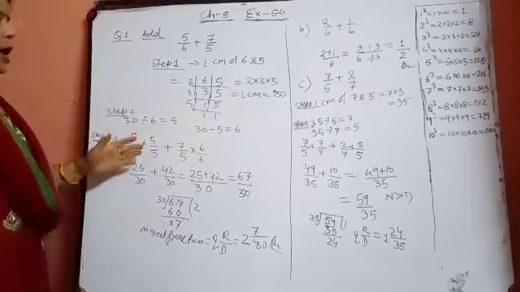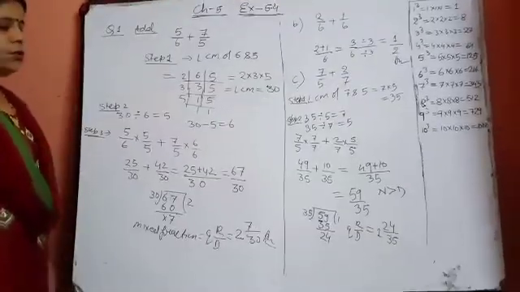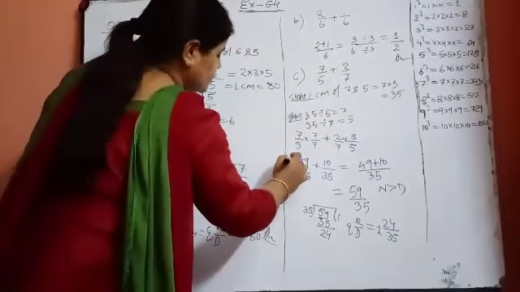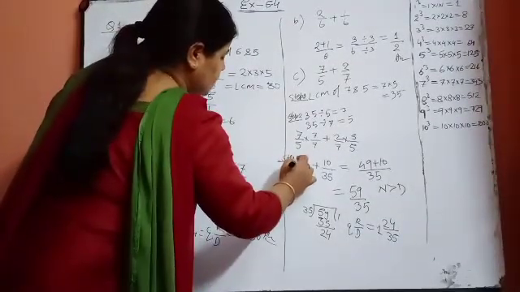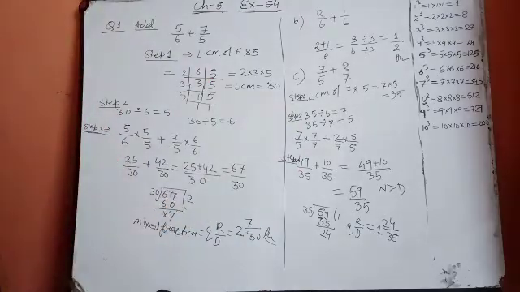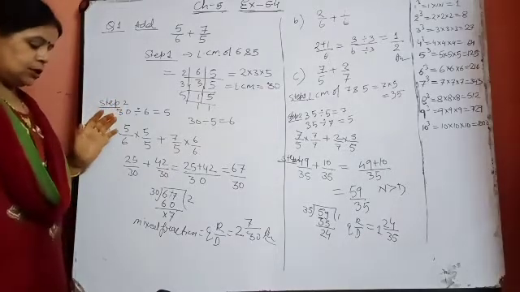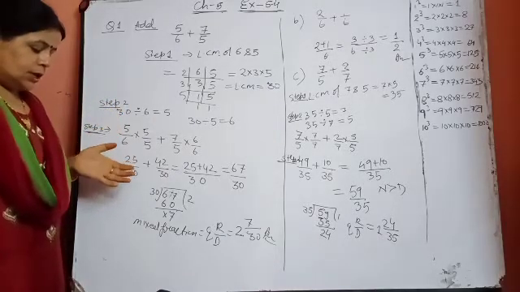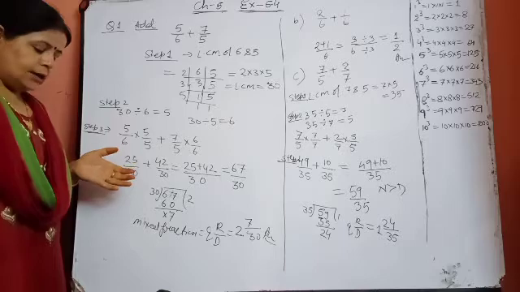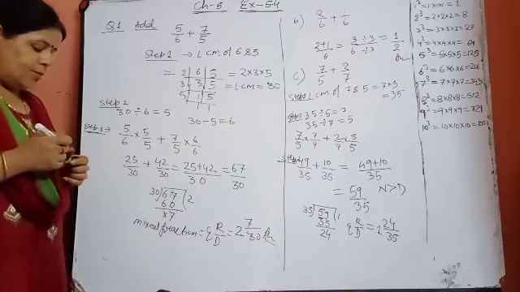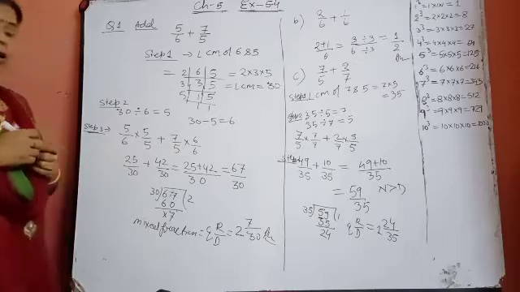In the same way I have proceeded for that question also. It was step number 3. In this way you will continue. One more question I am doing, then afterwards I am taking another pattern of question. Because D and E parts are the same, in both questions you have to take the LCM. F part I am doing now.